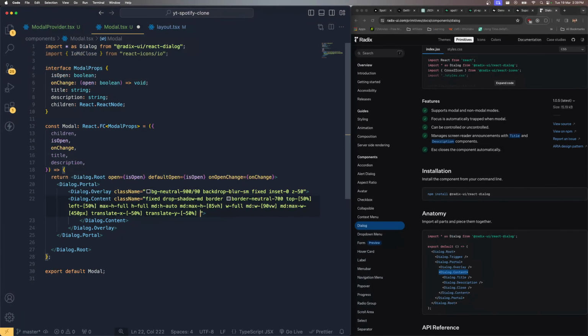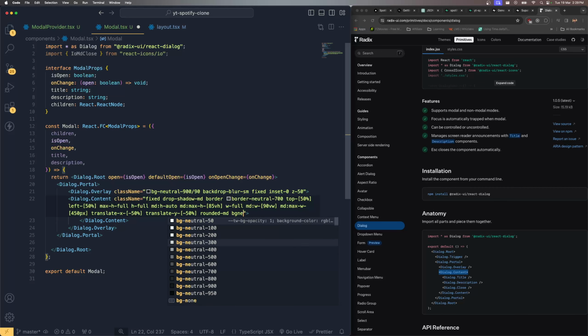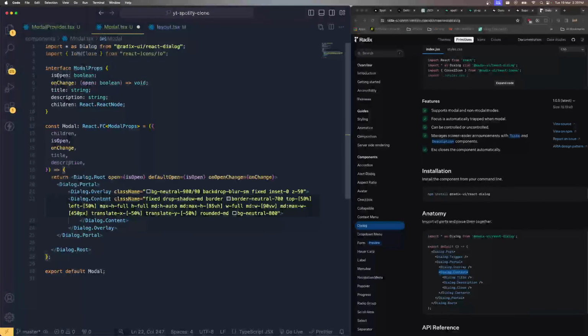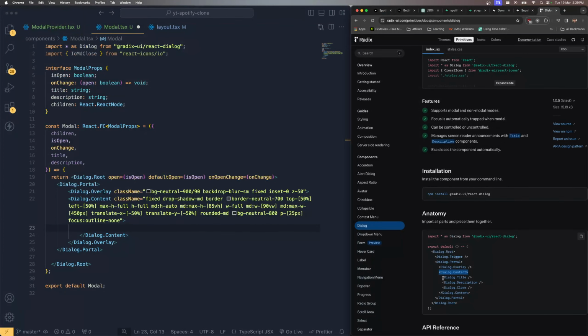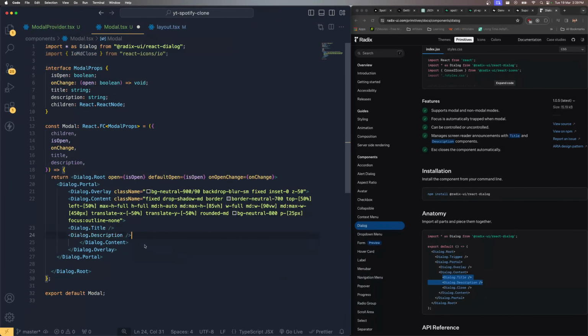Okay, that will be in the center, and the rounded should be medium, and BG should be neutral 800. Okay, and the padding, of course, is going to be 25 pixels, and on focus, outline should be none. Okay, then inside this content, I need to bring the title, and as well as the description. So let's copy it and paste it, but both of them should not be a self-closing tag,